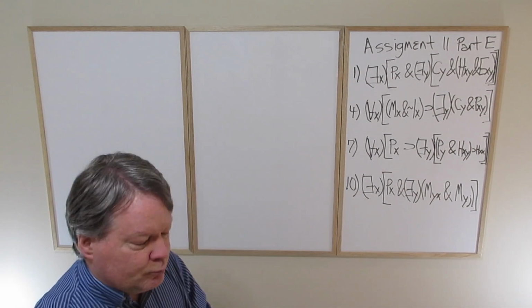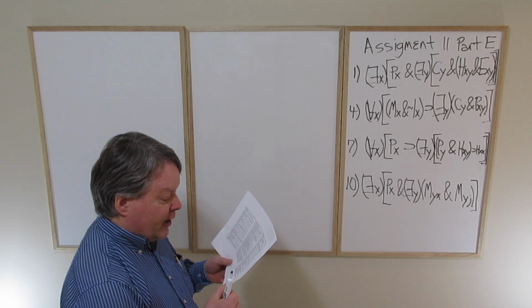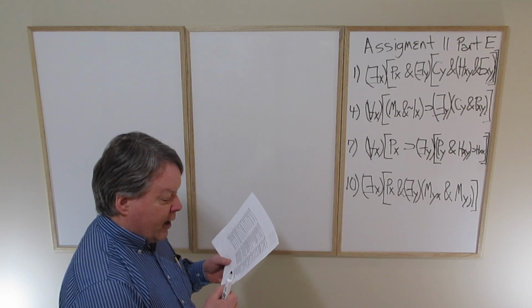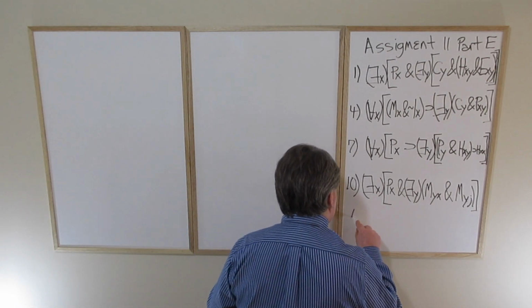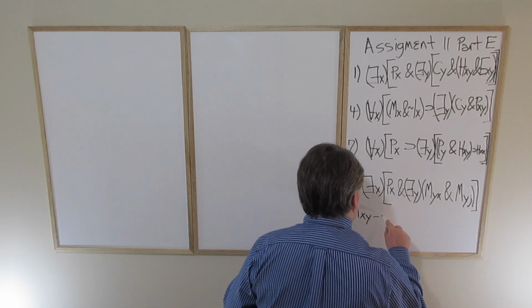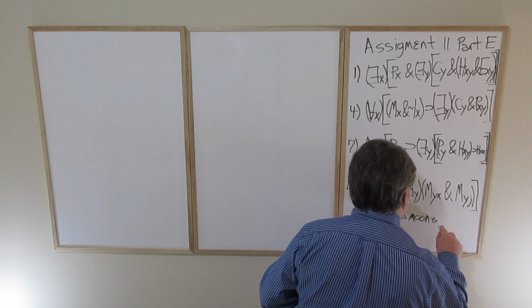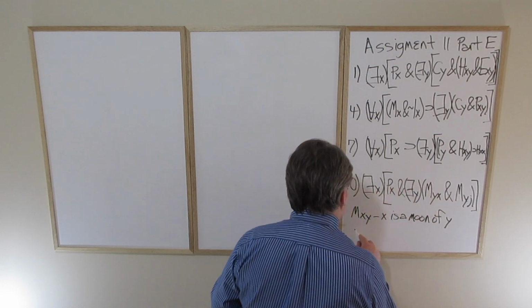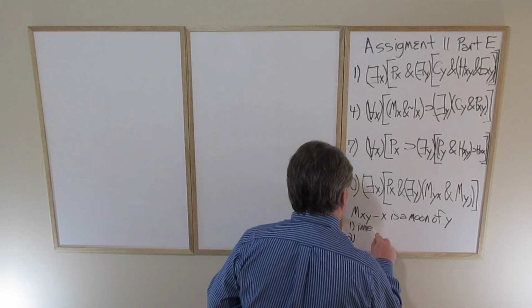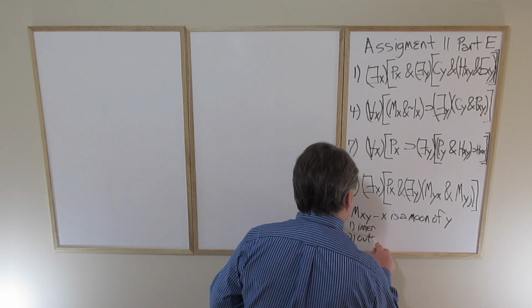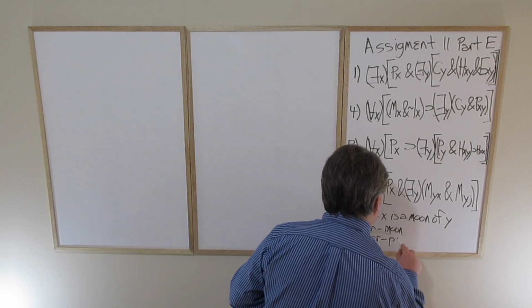So, if we look at the two-place predicate, Mxy, x is a moon of y,